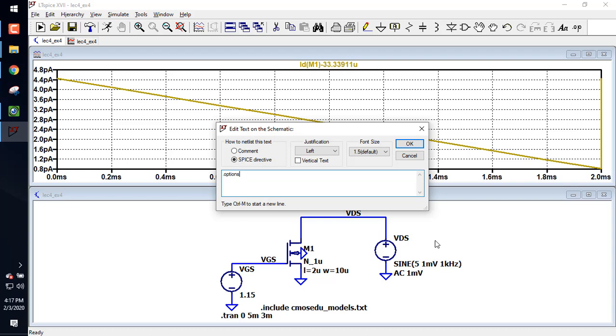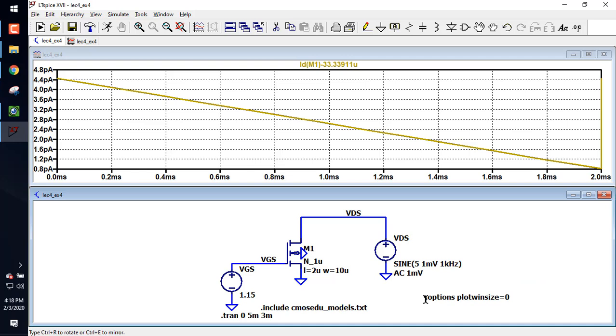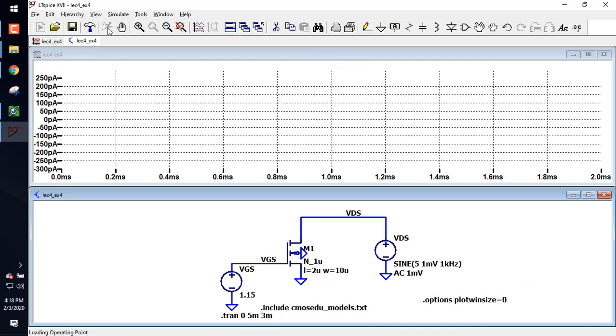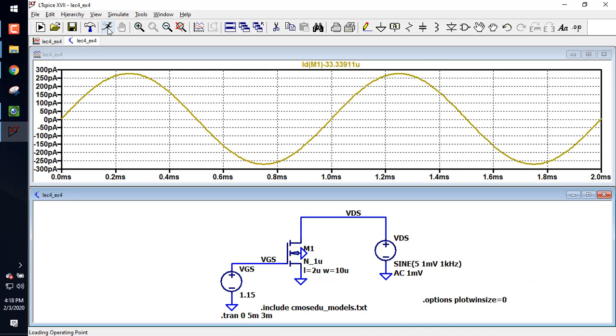There should be a default, like if it has below a certain number of components, it's just automatic, you don't need to do this. Plop that down, hit run. All right, and so I've got a current of about,